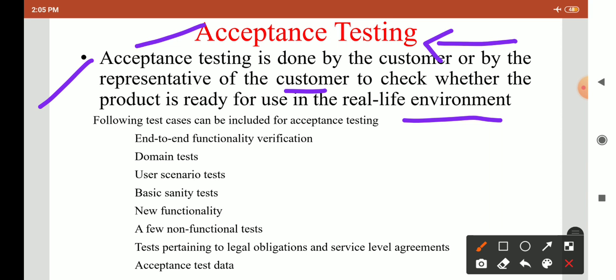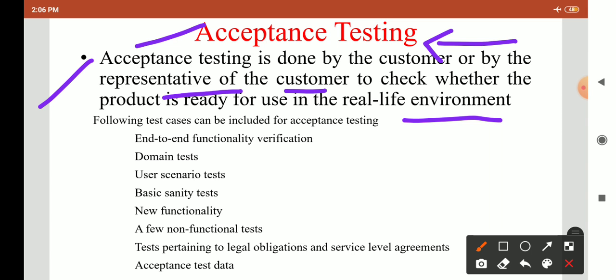Understand this: the previous types of testing are done by the developer or the test engineer, but acceptance testing is done by the customer or the representative of the customer to check whether the product is ready for use or not.